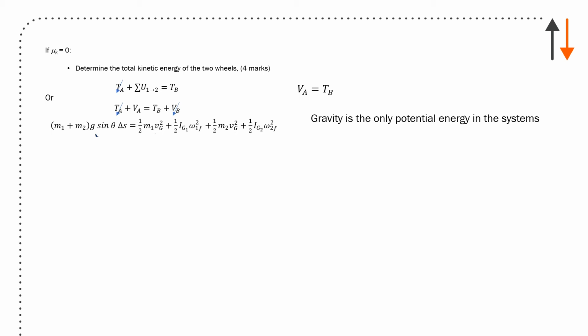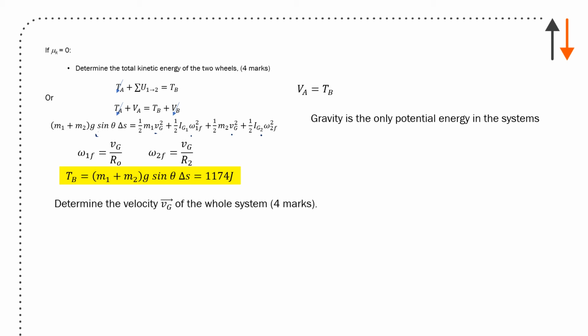I have linear and rotational energy for wheel 1, linear and rotational energy for wheel 2. And I know where the point of no slip is, and I can give that as Vg over R0 and Vg over R2 for the two wheels. And so TB equals (M1 plus M2) g sine theta delta S, and I substitute all the terms. I don't have to solve for this at this point. All I have to do is solve for this, and I know where the height is. So that's just going to be